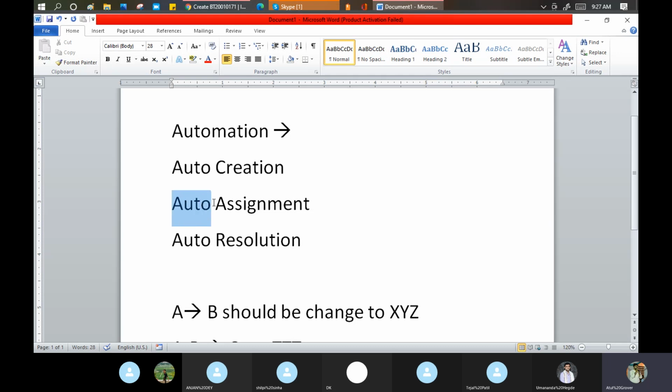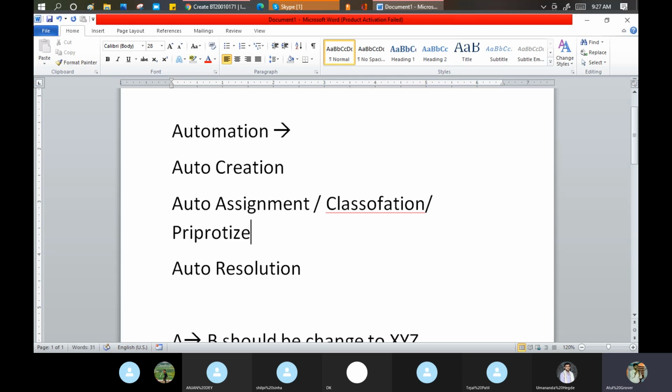Second comes the auto assignment. Auto assignment can happen, auto classification can happen, and prioritization can happen; all these options come under auto. Auto assignment means to which group it should go. Auto prioritize: whenever you send any email to my ServiceNow email ID, why is it always a P4?